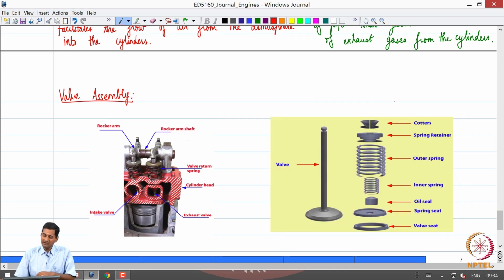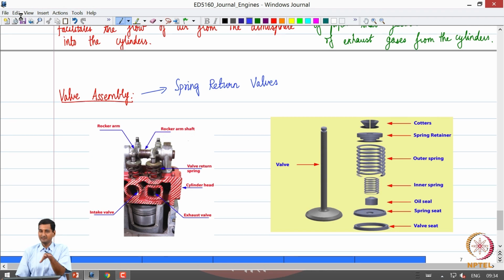So, the valve assembly used in typical automotive applications, by and large we use what are called spring return valves. As the name suggests, the return of the valve is enabled by the restoring force of a spring.